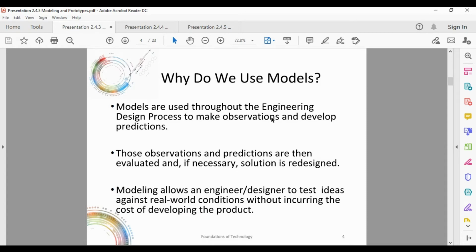Models are used throughout the engineering design process to make observations and develop predictions. Those observations and predictions are then evaluated, and if necessary, the solution is redesigned. So you're not just making models to demonstrate and test, but you're also using them to influence and guide your design as well. Models allow an engineer or designer to test ideas against real-world conditions without incurring the cost of